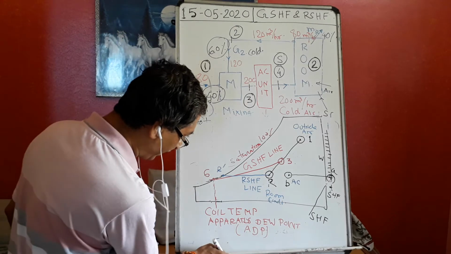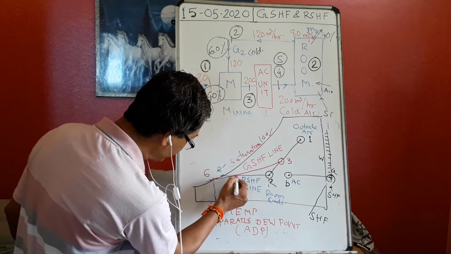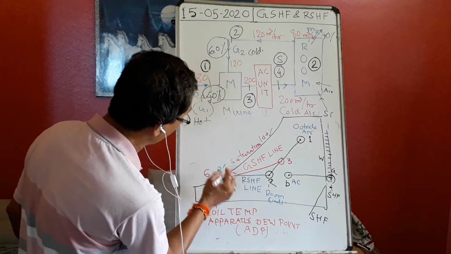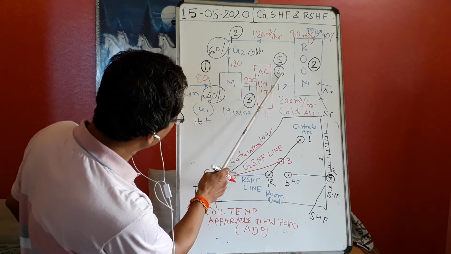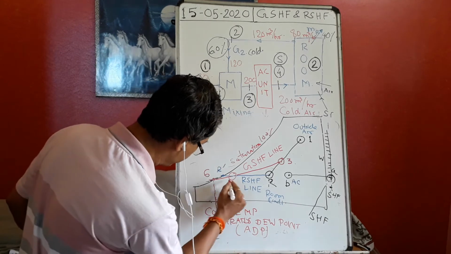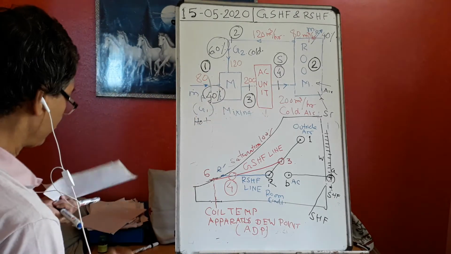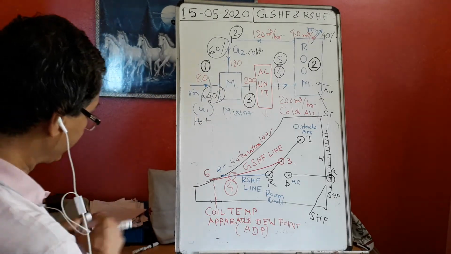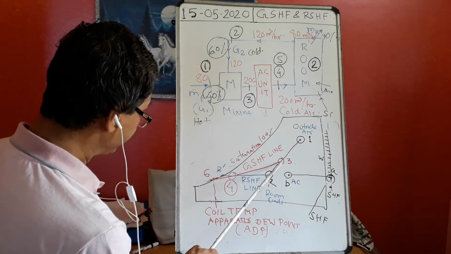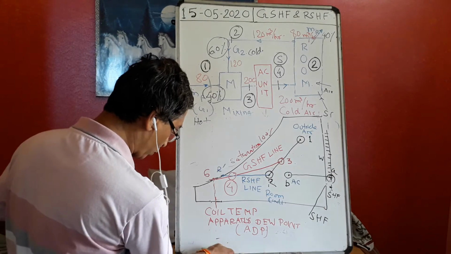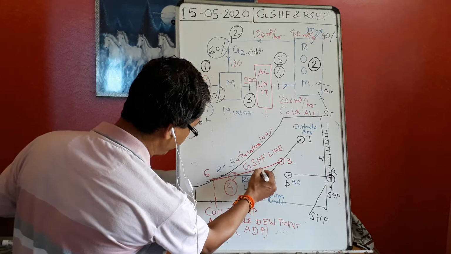Now from here I understand this is the room. So the intersection of this point is nothing but the supply condition, or 4 condition. This is the 4 condition. So how will I get the 4? I know in the AC unit the cooling process was taking place in this direction. It's very good.